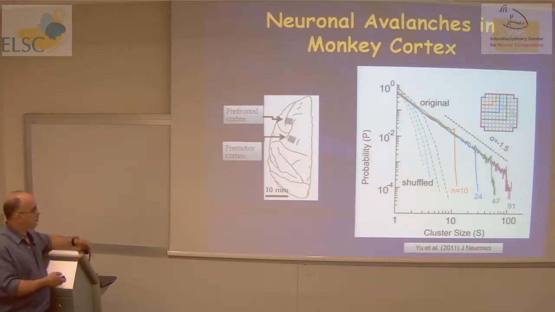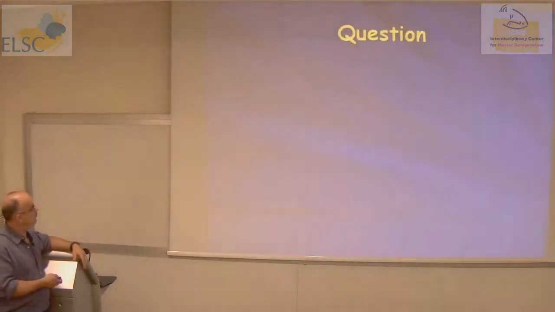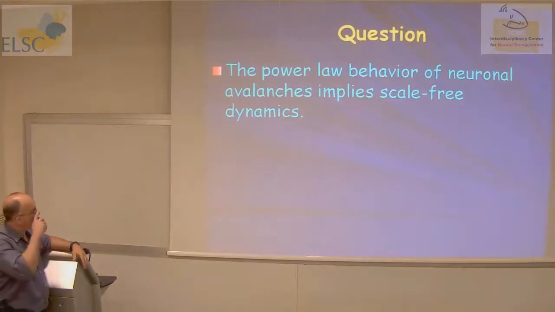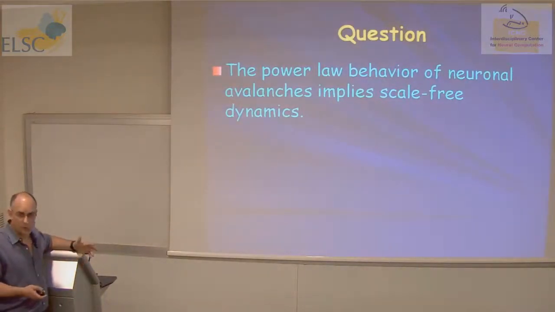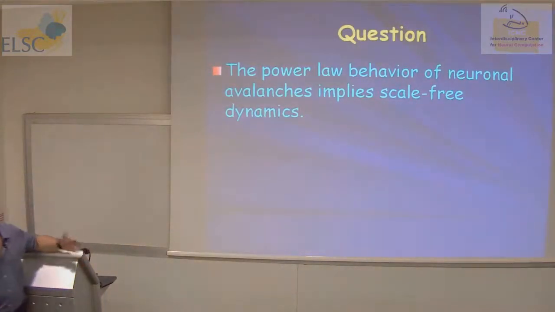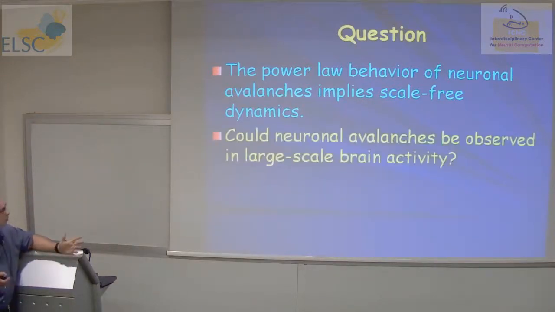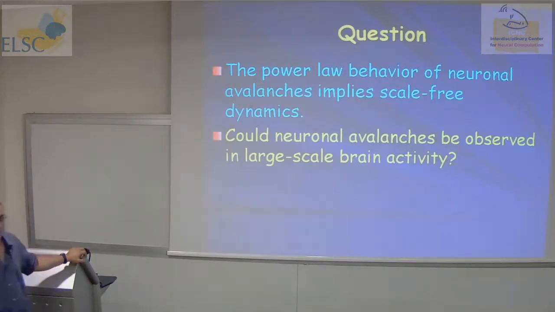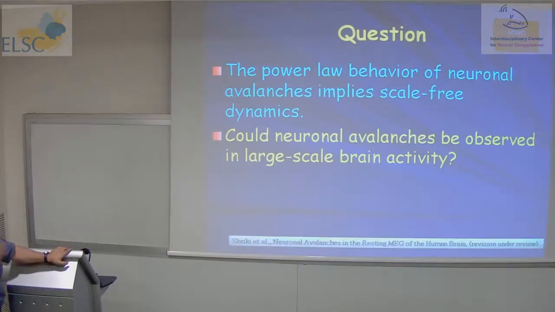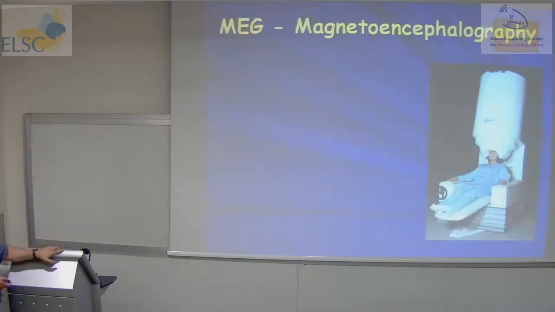So now I want to explain to you exactly how we obtain those kinds of figures. And the main question is, okay, we see it at the 1 millimeter scale, but a power law reflects some scale-free behavior. It doesn't have a scale. So we expect to see it at larger scales. For instance, in large-scale human brain activity, and we have a lot of MEG data sets, resting data sets that I'm analyzing in this context. The paper is currently under review.